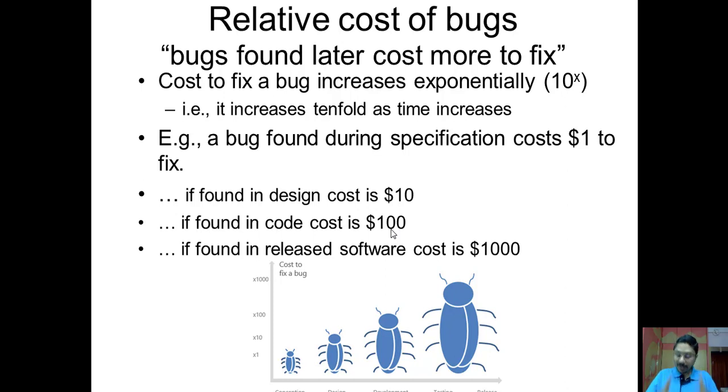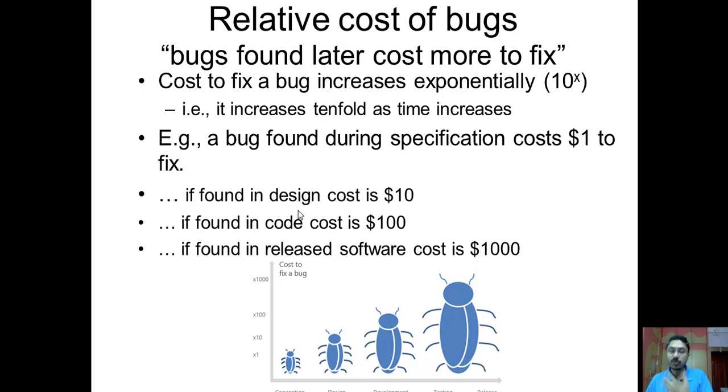Now, if you are writing down the code, and while you are writing down the code, if you thought that this particular thing is a bug, then ultimately what will happen? You have to change the entire structure of your code, because that structure is now actually done on the design phase. So that design should be changed, and accordingly the specification needs to be reflected. So basically that bug was there in the specification. It was not caught in the specification. That's why it came into the design phase. It came into the design phase. It was still uncaught. So it got into the coding phase.